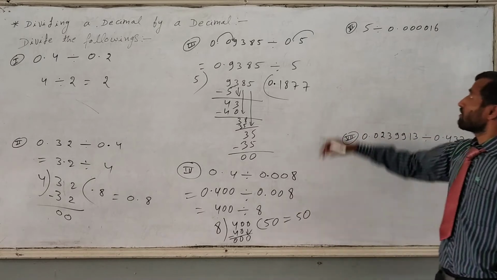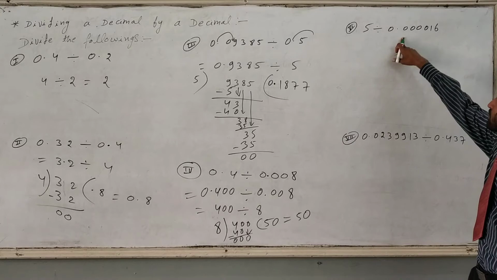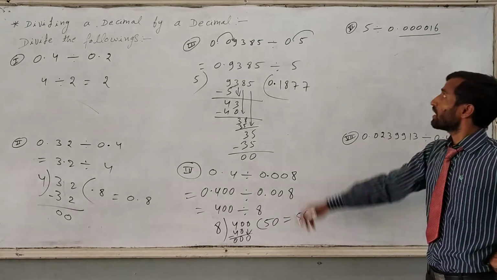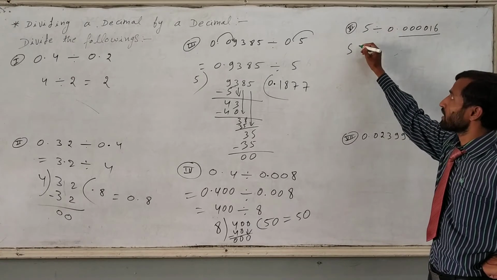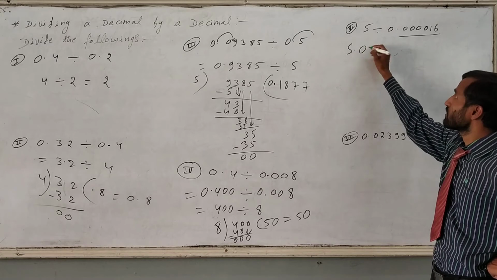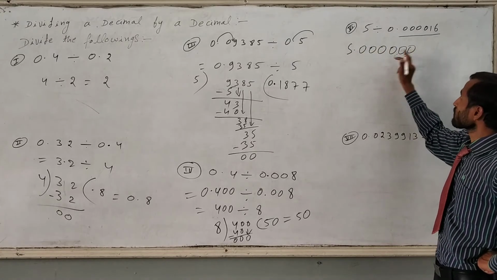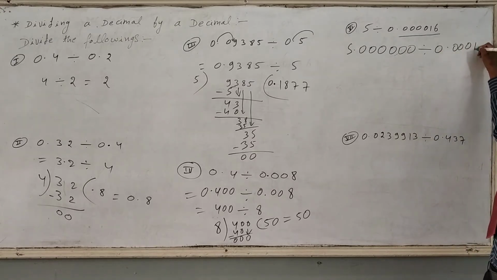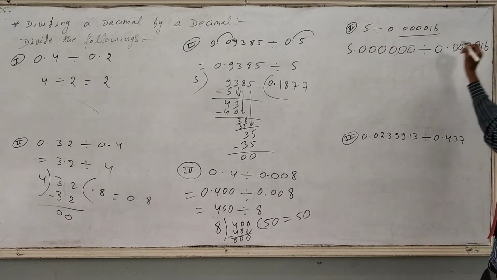After that we have to do this question. You can do the same type. For that you have to remove 3. Here it has 6 decimal places and there are no decimal places in the divisor. You have to make like decimals. For that you have to put a point and 6 digits of 0. Just write down here 6 zeros. Then divided by 0.0001016. Then you can remove this point, and it will also remove all the points.